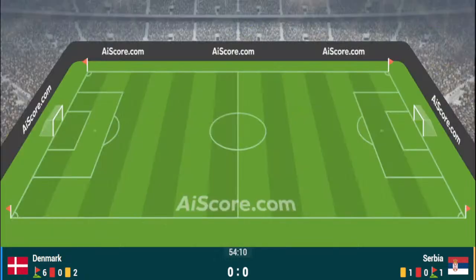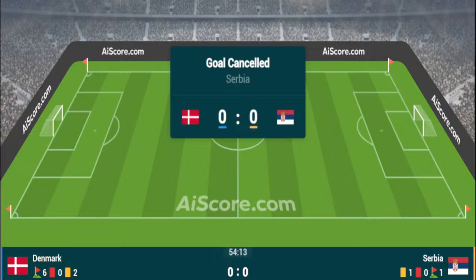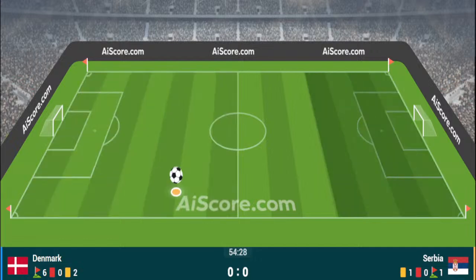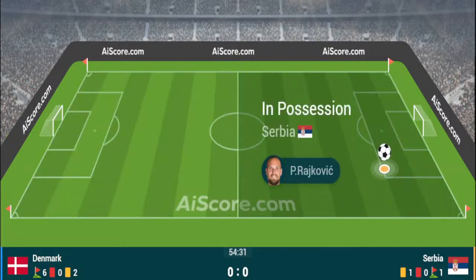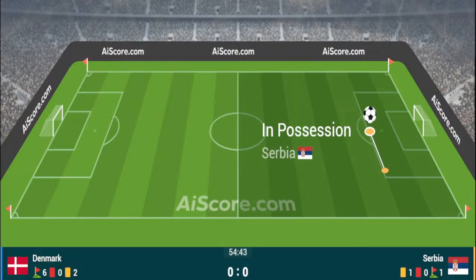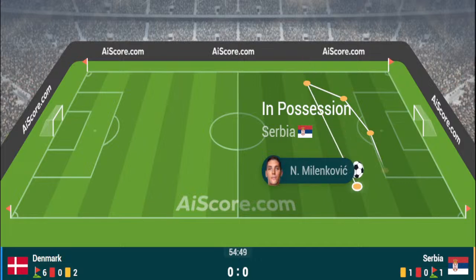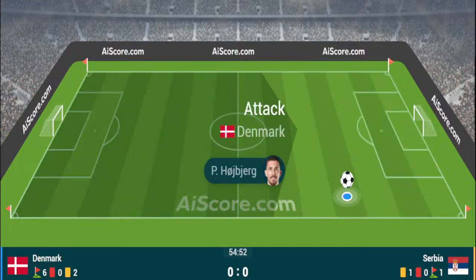Anderson looks a little bit dazed and confused. The ball was played through really intelligently initially by, well, in fact, we're just seeing the replays here, and the left shoulder is indeed offside. It's the right decision. It's a really cracking call by the official on the far side, because Serbia thought they'd scored. The flag was up instantaneously, and it will of course be checked by the VAR, but it is a disallowed goal. It was Luka Jovic offside as he was running through after Anderson had bundled the ball into the back of his own net. A bit of a let-up really for Anderson, but the goal is disallowed. It's the correct decision as well, and it's Denmark 0, Serbia 0.